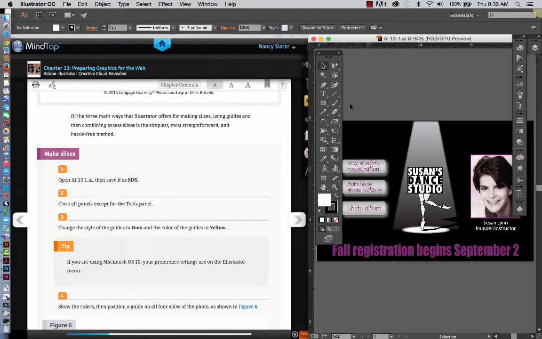The textbook is still Adobe Illustrator Creative Cloud Revealed by Chris Botello. And I'm going to demonstrate first this exercise 13-1, making slices. Now, slices, for the most part, just make an image or a document more easily uploaded to the web. It separates it out into smaller file sizes, so that they load more quickly